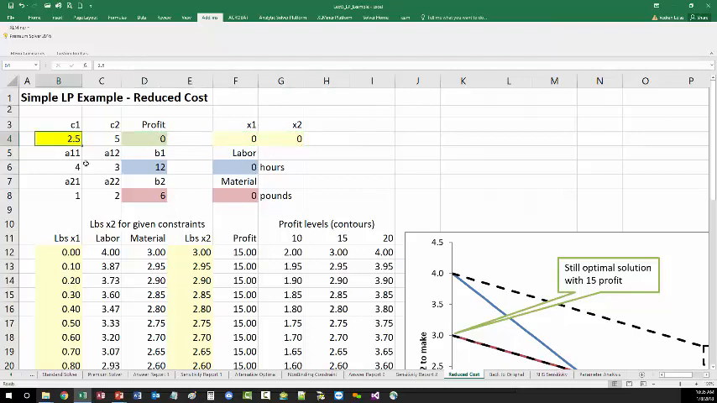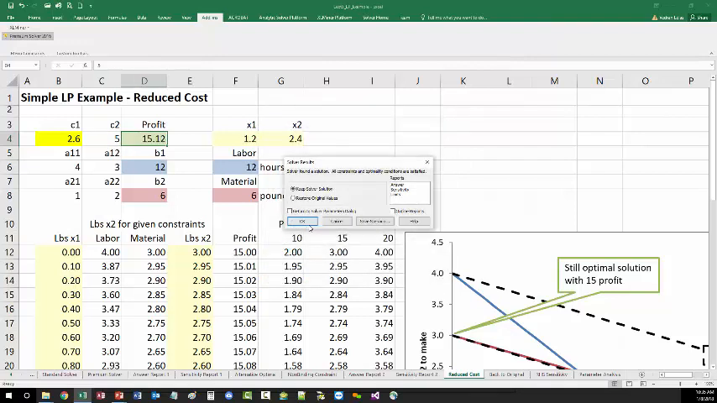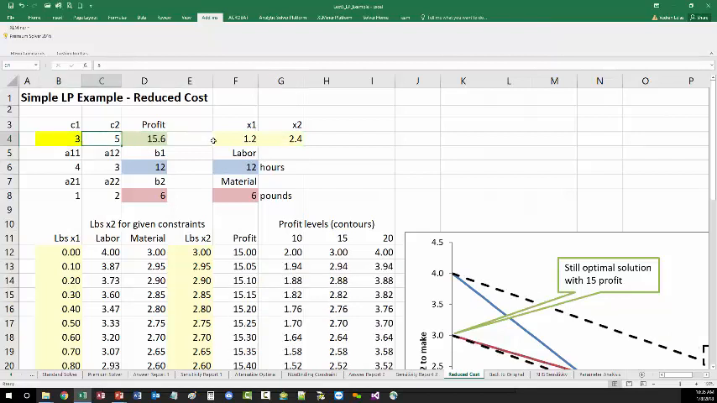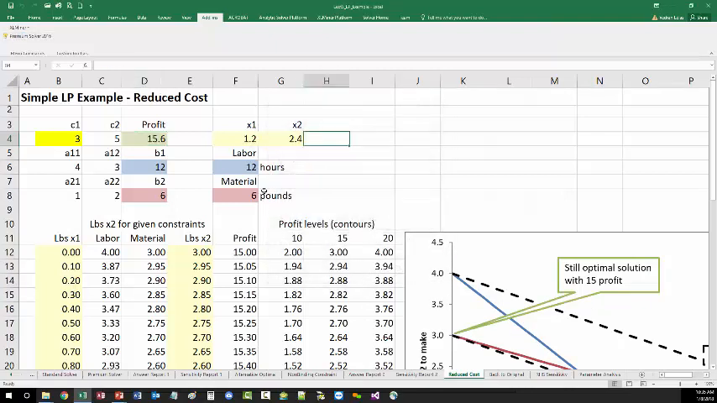Now to make it a unique optimal solution, after zeroing this out, you're going to have to basically increase the marginal profit slightly more above 2.5. Like if you do 2.6 and run it, you'll see that 1.2, 2.4 is again the optimal solution. If you increase it to 3, which is my last one, run it, you'll get what I have,